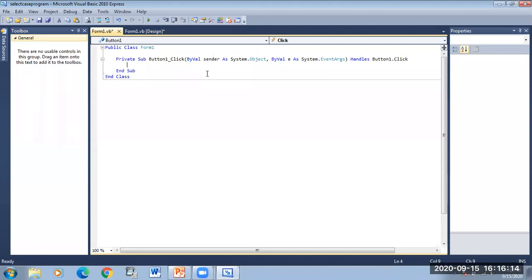Double click on the button. No, on page number 122, you see figure 9.17. One picture is there. Have you seen? Yes, sir. You tell me that one. So it is Dim.